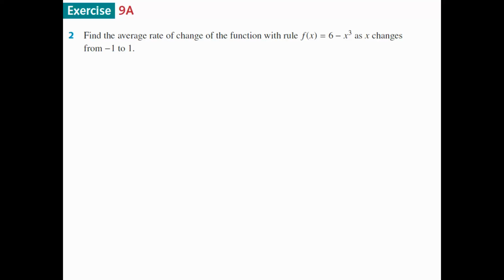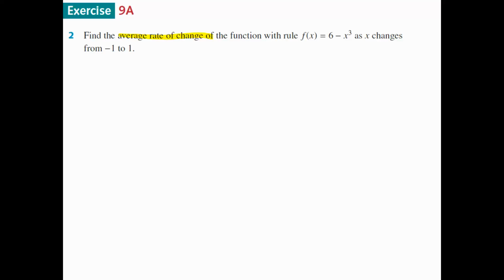Okay, here we go. So find the average rate of change of the function with this. Now what's confusing about this line? Let me tell you. Right here. If you're wondering what that means, the gradient. That's all I said. This whole chapter is all about the gradient. What is it asking? It says find the gradient of the function with rule there as x changes from